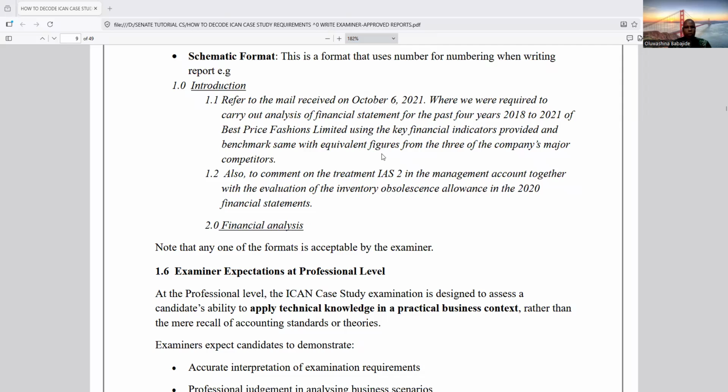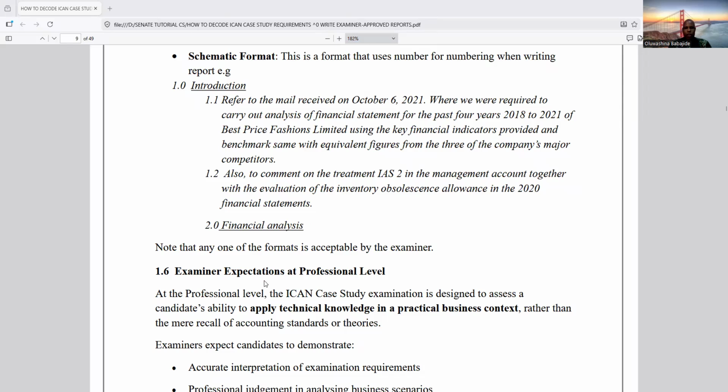For our previous class, we looked at many things in the introduction to case study. We looked at the objectives of case study. We looked at the terminology we need to understand in case study. Also, we looked at many other things there. But today's class, we need to look at